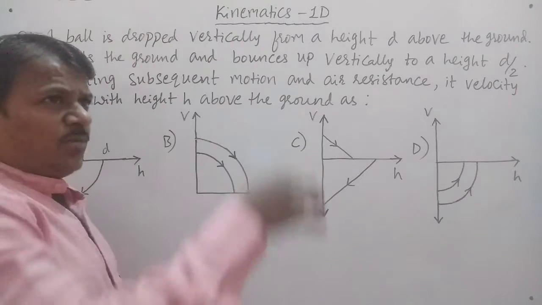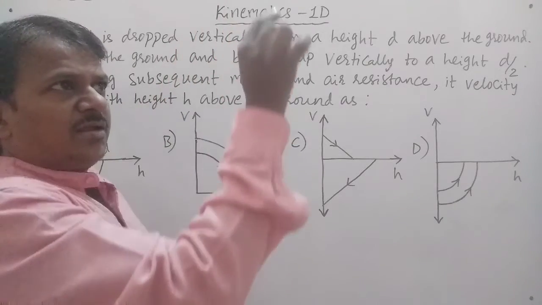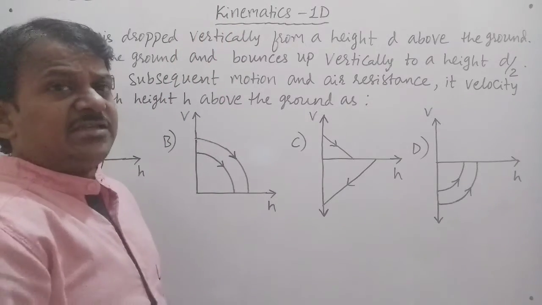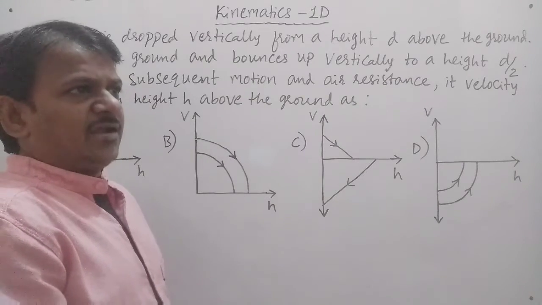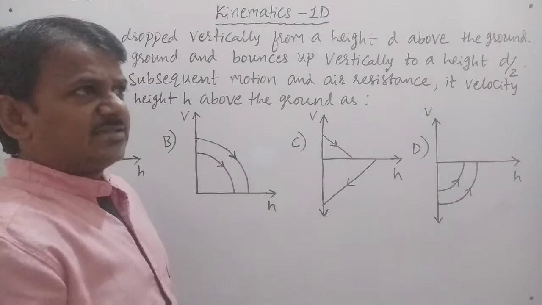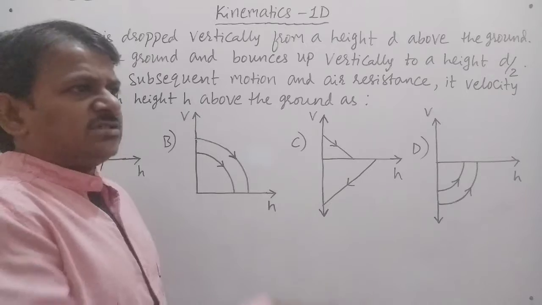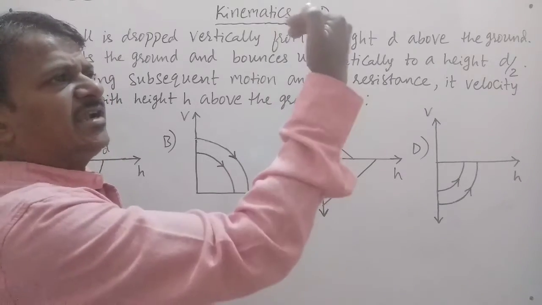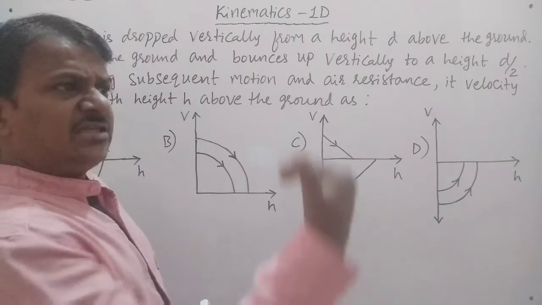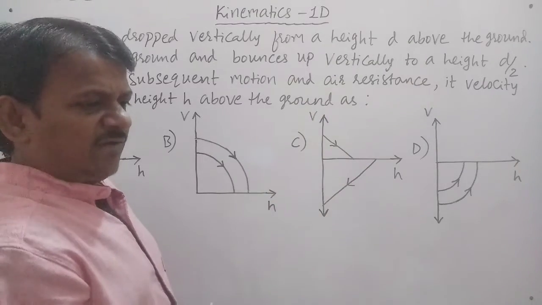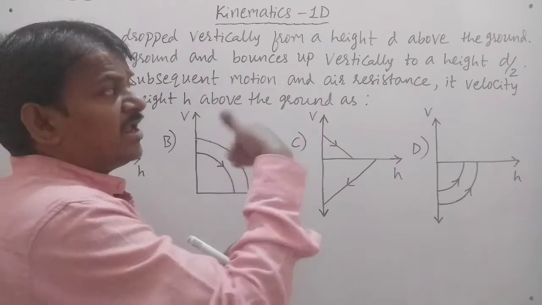Generally, for a body dropped from a certain height, we should analyze the problem. What happens slowly when it is coming down? Its velocity increases, downward, before collision with the ground. After collision, it bounces up and reaches a certain height, not the total height d. At the same time, the velocity is upward, in the opposite direction, and the velocity slowly decreases. This is the concept behind it.